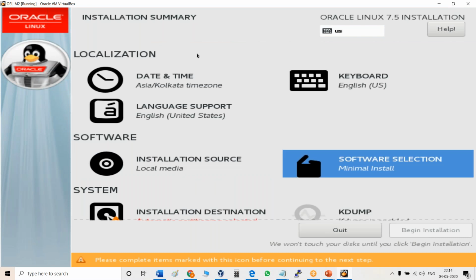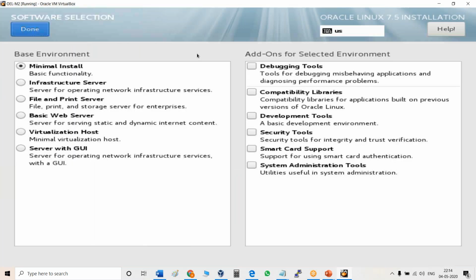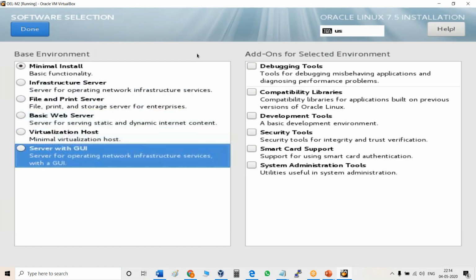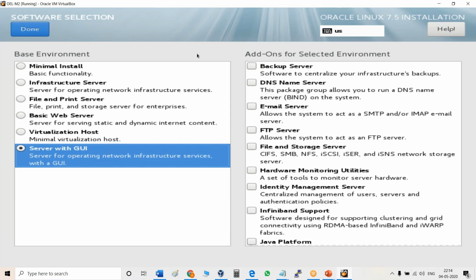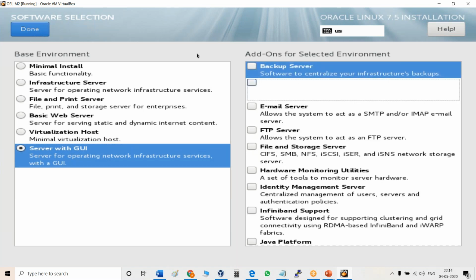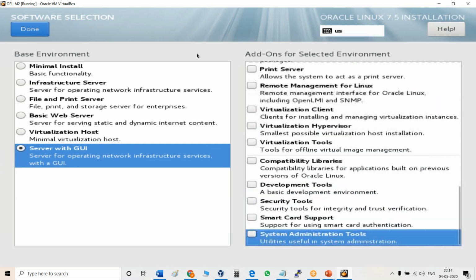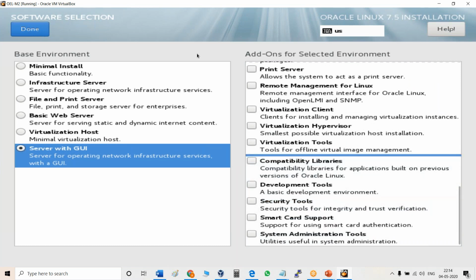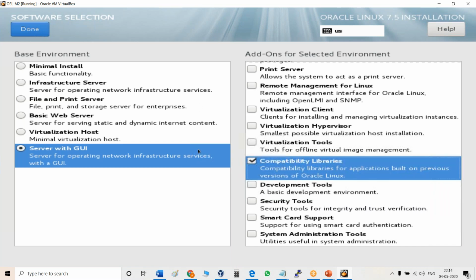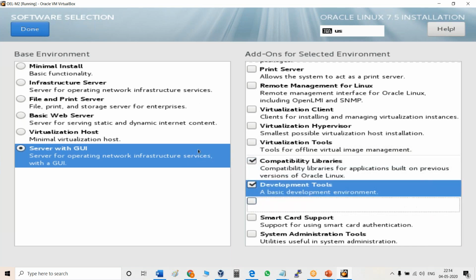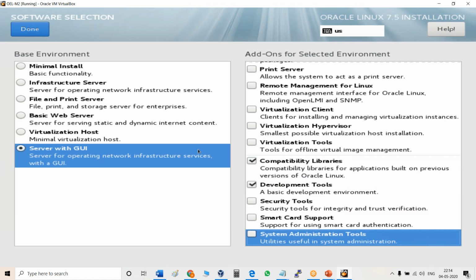Then software selection, hit the enter and come to server with GUI. And then come here, compatible, then development tool, then system administration tool.